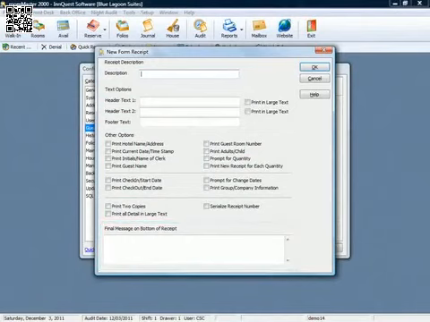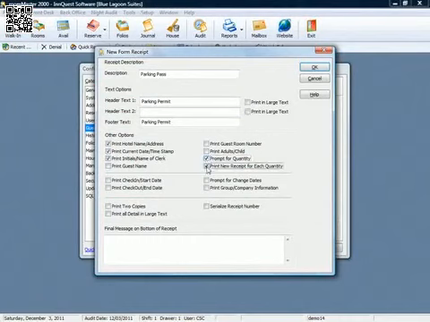So let's put together a parking pass for the sample property. Type in Parking Pass. In the Header 1 field, type in Parking Permit. I'll leave Header Text 2 empty, but type Parking Permit again in the footer text, just for aesthetics. In the other options, I'll check the boxes for Print Hotel Name and Address, Current Date Timestamp, and Initials Name of Clerk. Since 2 cars are allowed on property,